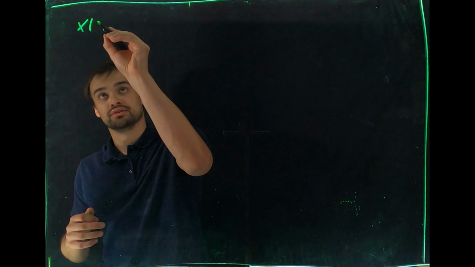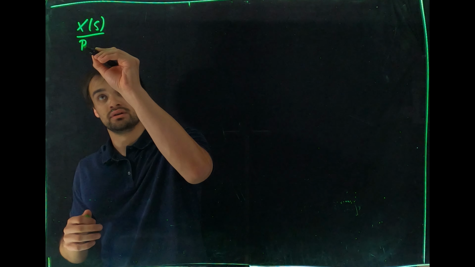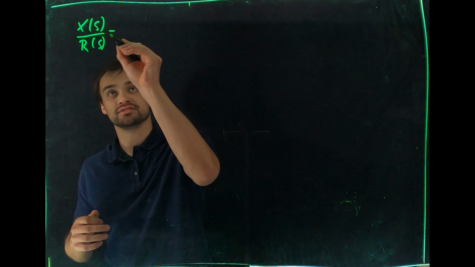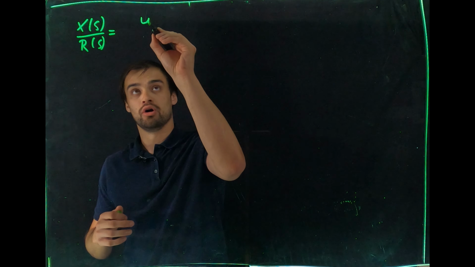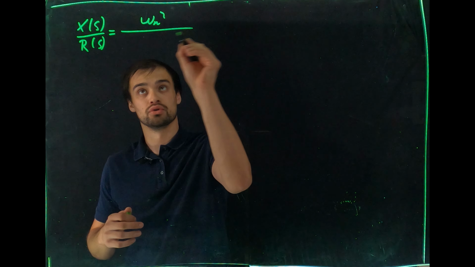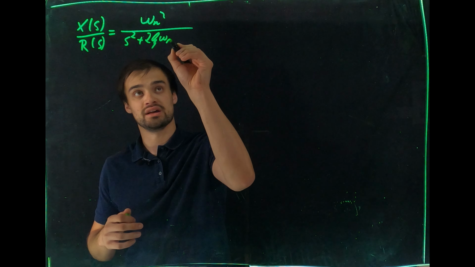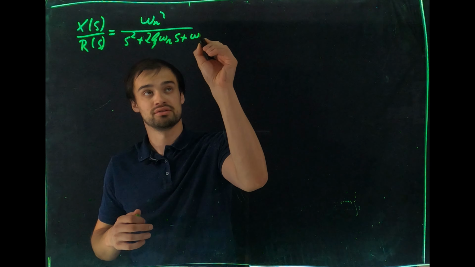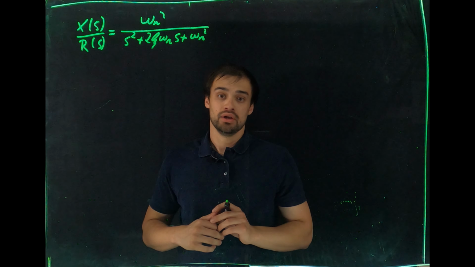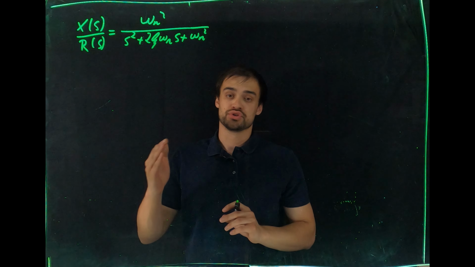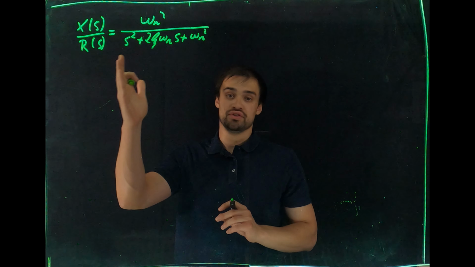Welcome back. Today we're talking about the second order system and its unit step response. So a second order system, as we know from last time, can be written down as such. It's X(s) over R(s) equal to b omega n squared over s squared plus 2 zeta omega n s plus omega n squared. Now you might wonder, how does a solution in time domain look like of this system?